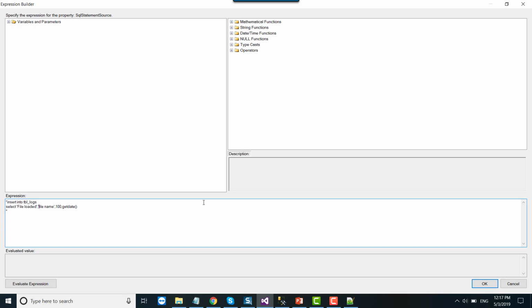For the file name you can actually cache the value from the flat file path SSIS variable, and for the number of records you can replace this particular value with the records loaded SSIS variable, and because it is of string type, you need to typecast it to DT_WSTR, 12. Evaluate expression got evaluated successfully.